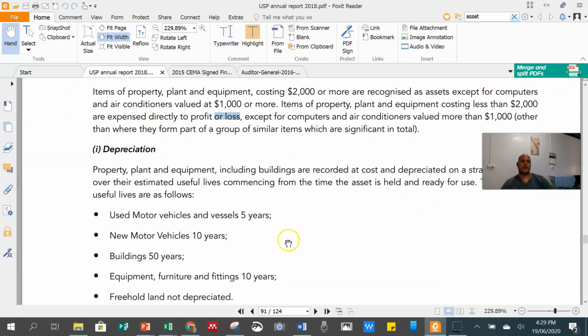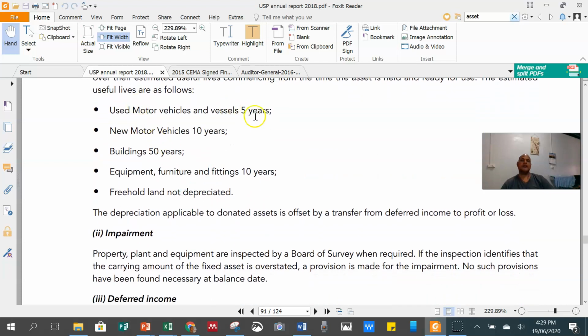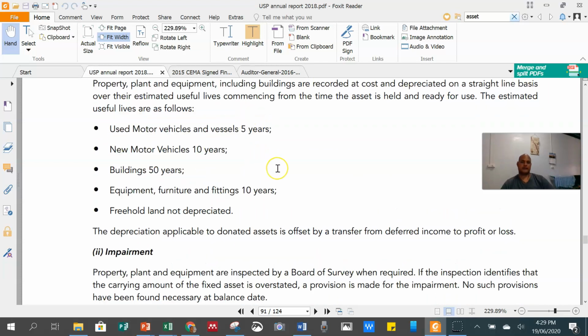That is the policy. And for depreciation, it indicates how long the life of the assets will last. For example, motor vehicles: used is 5, new is 10, buildings 50, and land is not depreciated.